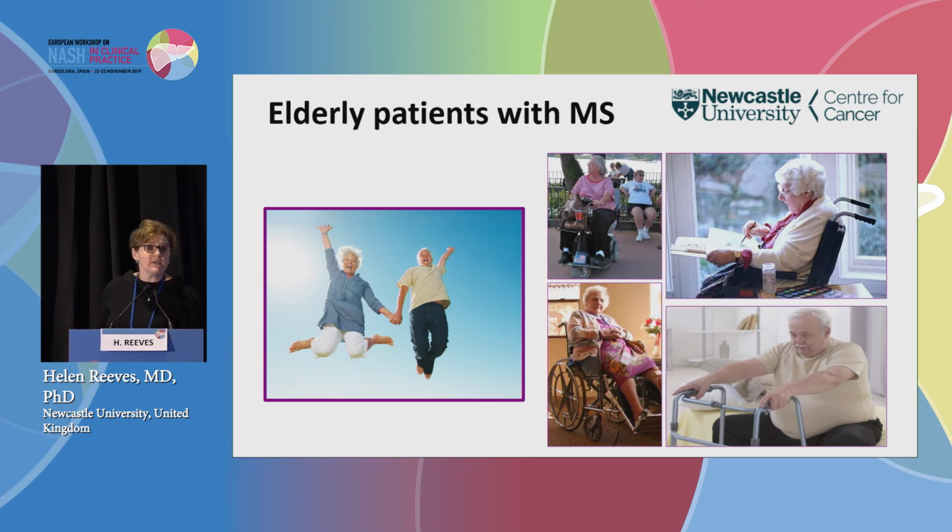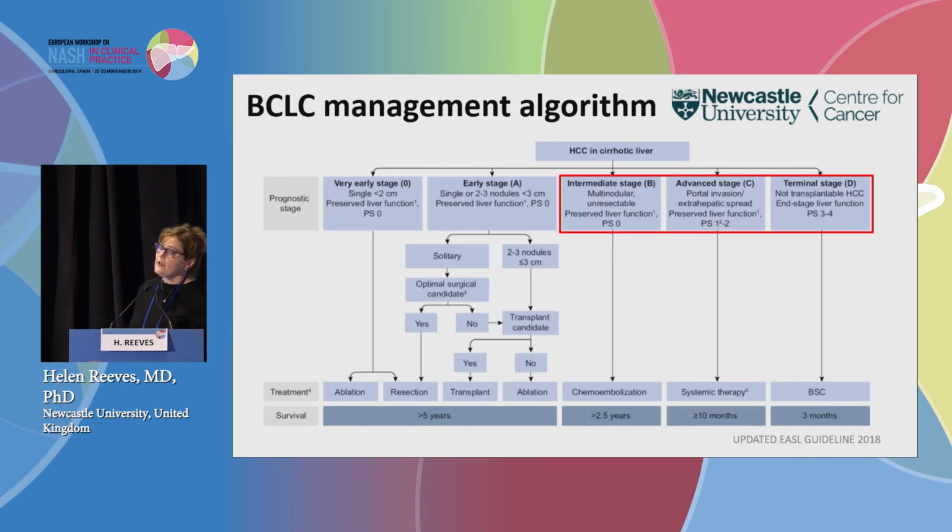And these are not the patients that were used in the evidence base that has created the management algorithms for patients with liver cancer. For those of you that aren't familiar with it, I'll summarize this very briefly. It's the Barcelona Clinic Liver Cancer management algorithm. What you're hoping is that here you've got a cirrhotic liver with an HCC in it. This is the prognostic stage, the treatments, and how long you're hoping your patients are going to survive. So we hope to find patients over on that side with early cancers where you're going to think about ablative therapies and cure. For our NAFLD patients,